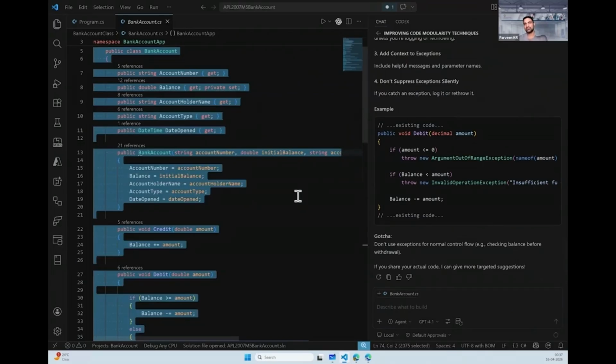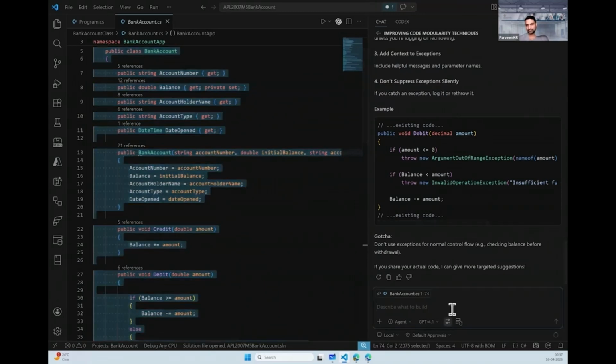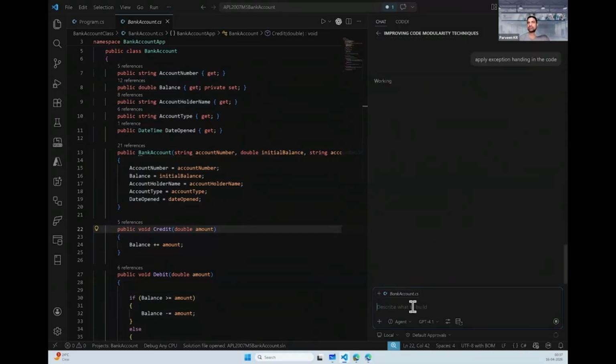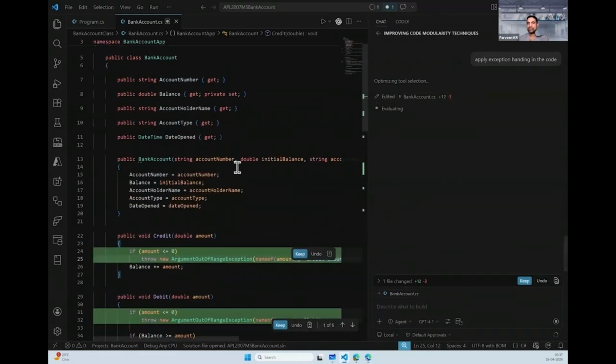I'll just select my code, go here and say, if you want to apply it to all code, not just a selection, apply exception handling in the code. So exception handling needs to be introduced. Now what it is about to do, because it is in agent mode, is rewrite your program with the exception handling within your code. See,